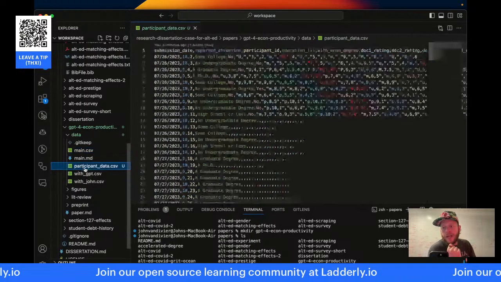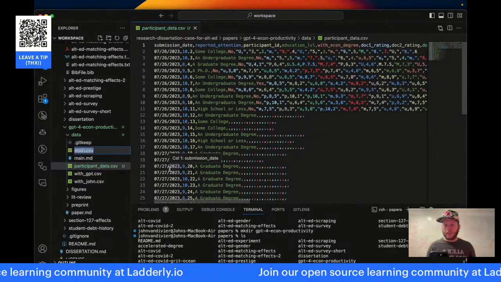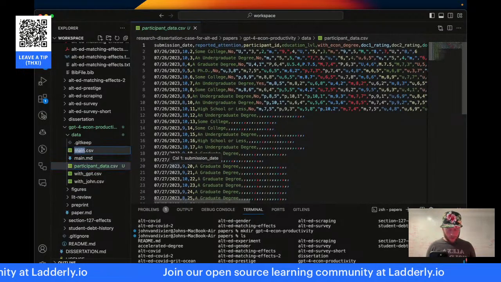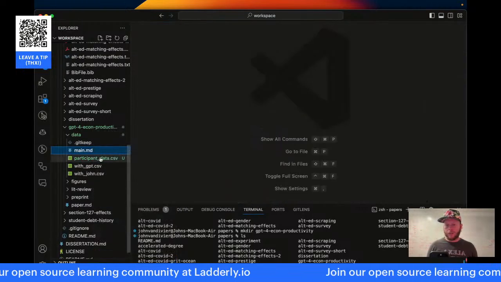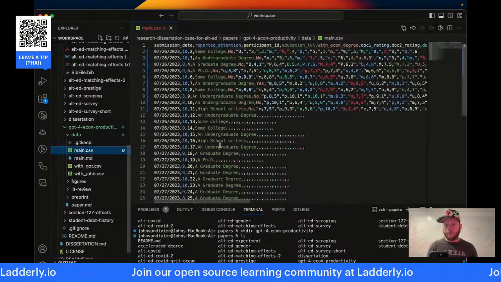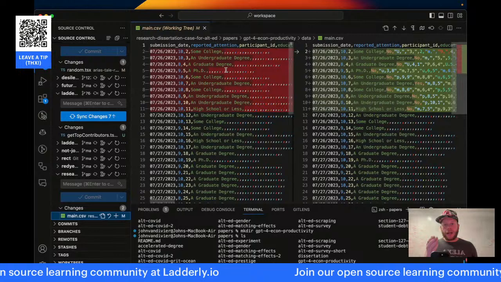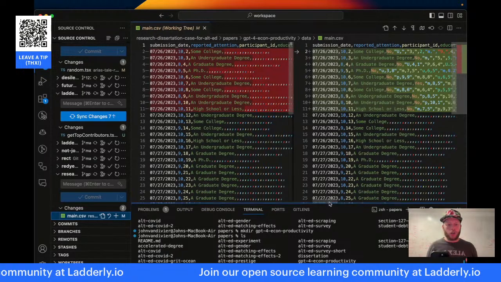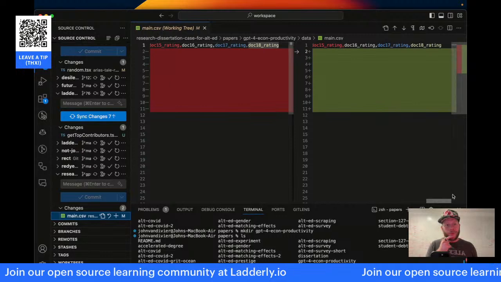So let's rename it and see how the title line changes. Here's main CSV. Now I'm deleting the file. Now I'm renaming the new file main.csv. Now I'm looking in my git diff, and I notice the title line has no change at all.